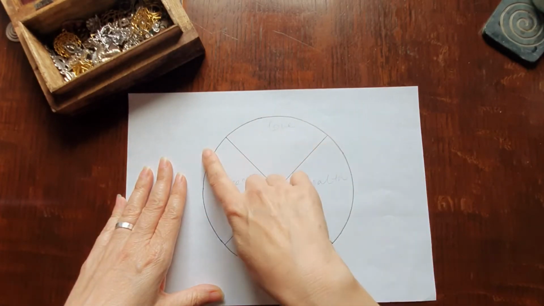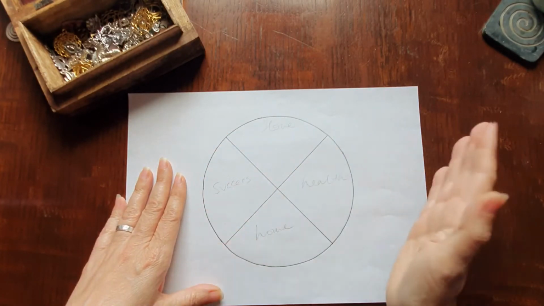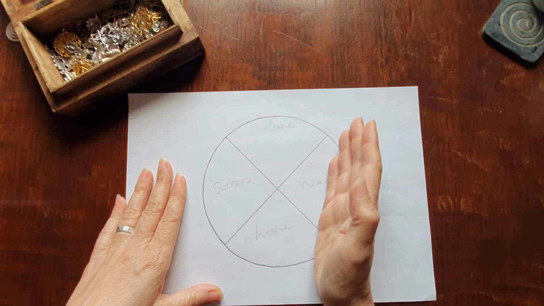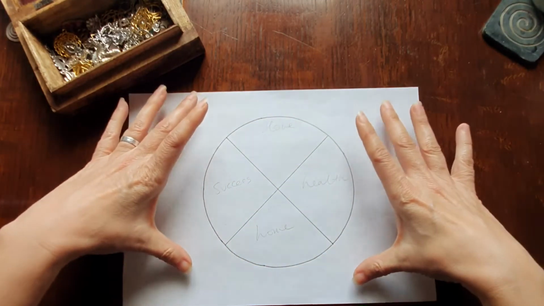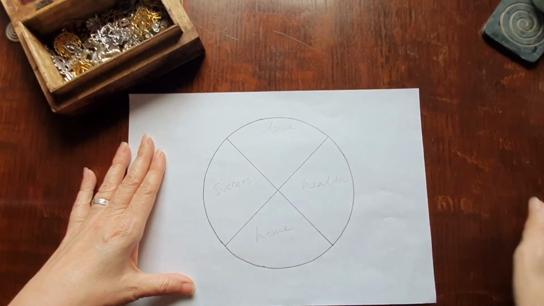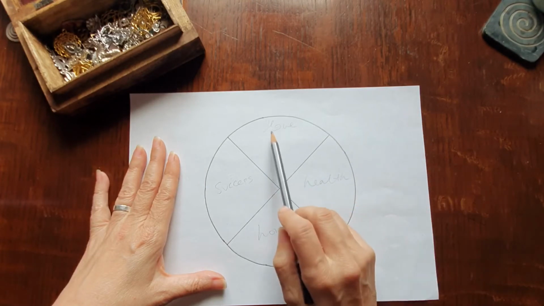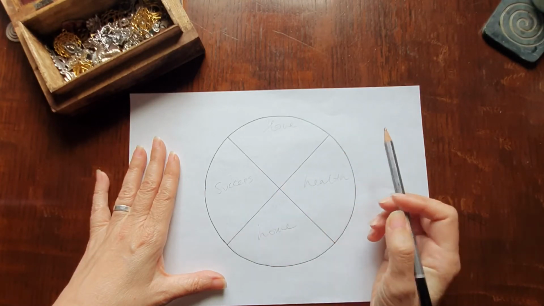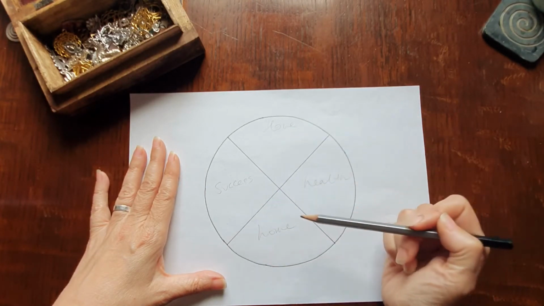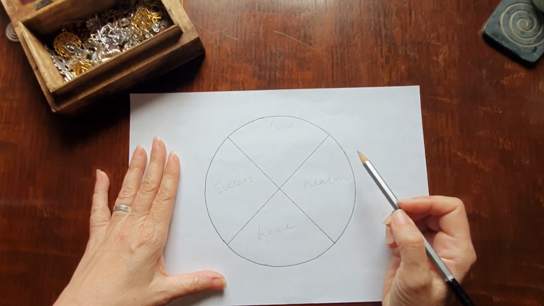Draw yourself a circle and split it up into as many segments as you like. If you're going to do a lot of segments, you might want to make the circle as large as the paper will take. So in this case, I've done 4 segments and I've written some keywords. So here I've got love, health, home, and success. You could write people's names. You could write yes, no, maybe, wrong question. You could write